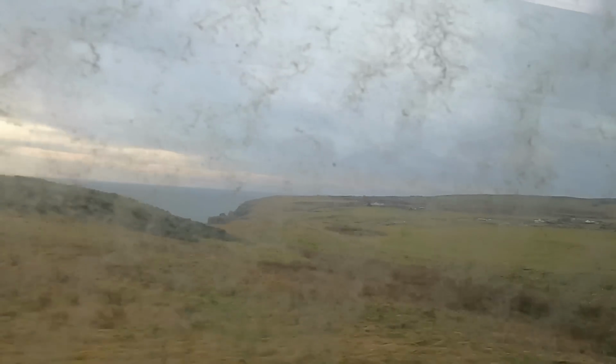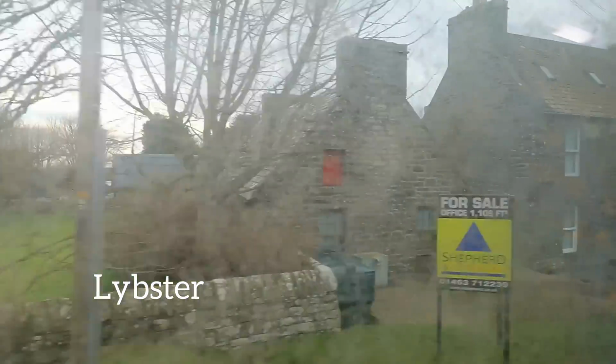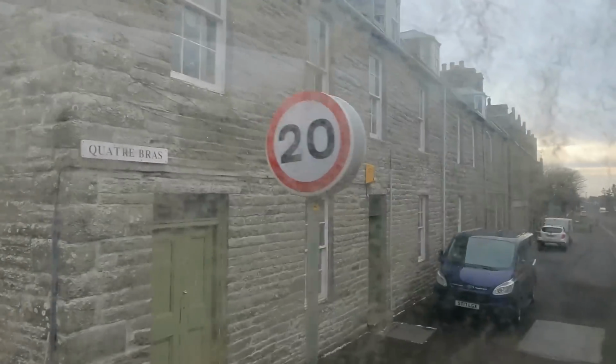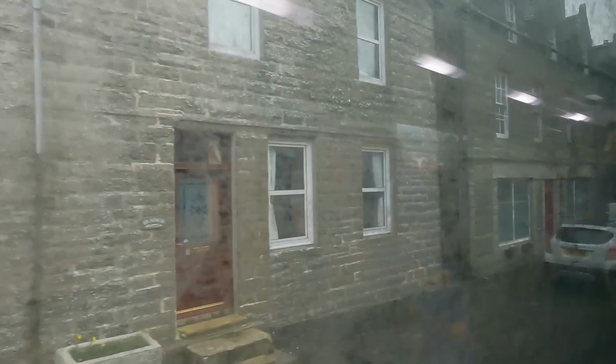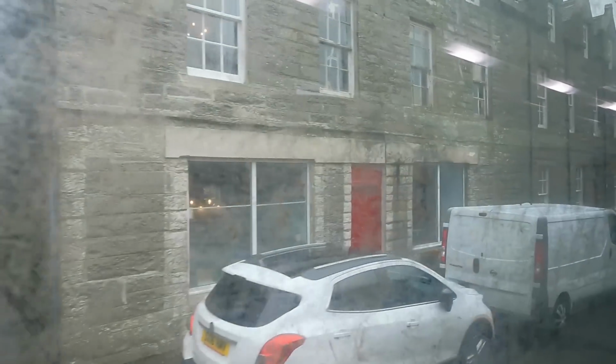So I don't want to go on ad infinitum about the windows, but I do appreciate this doesn't make for great viewing. However, we're just arriving in the village of Lybster, and I want to share a couple of little interesting things with you about Lybster. So on the side of this building, you'll notice the French words Quatre Bras. And I always wondered, growing up in Caithness, why is there a random French street name